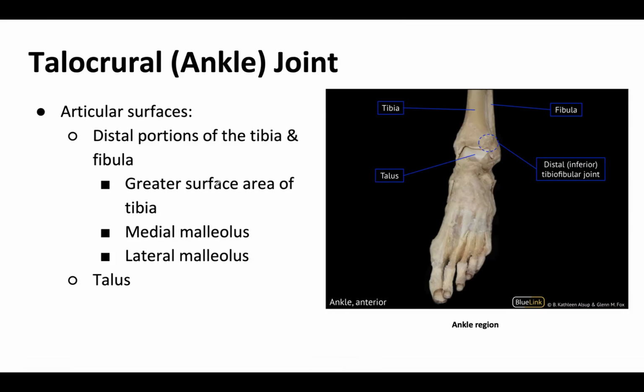The articular surfaces include the distal tibia and fibula. Particularly that distal tibia has a good amount of that surface area for articulation. It will also include those distalmost projections of the tibia and the fibula. So you'll have the medial malleolus and the lateral malleolus. And these are articulating with the talus or ankle bone. And those malleoli will serve to grip the talus during the actions of this joint, which are in essence hinge